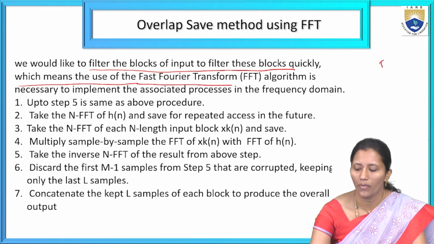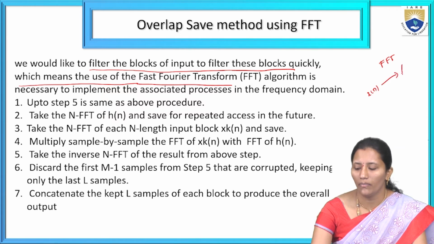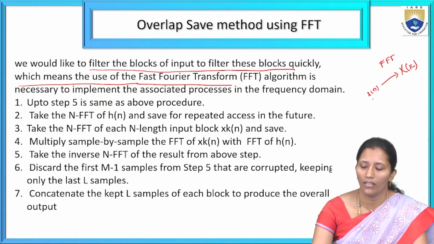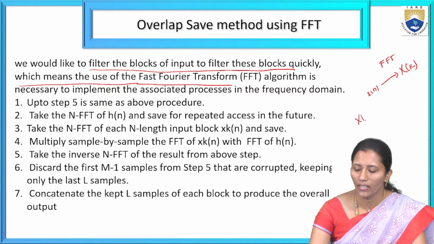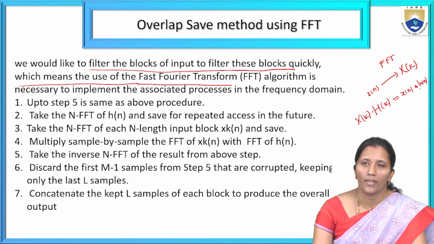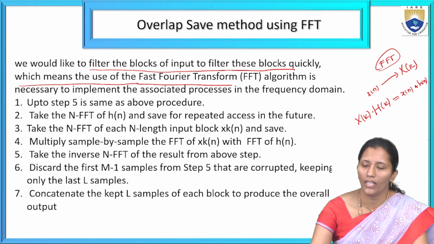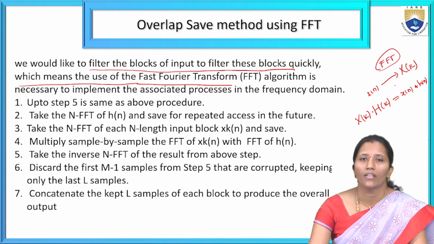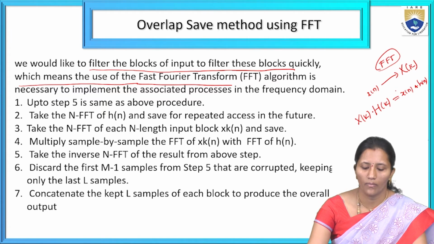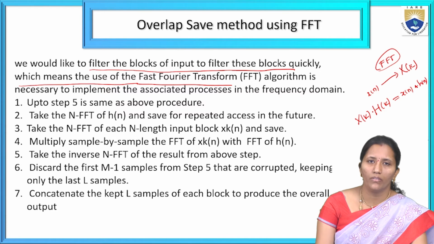What is the fast Fourier transform? It converts the time domain signal into a frequency domain signal. What is the relation between the frequency domain and the time domain? The multiplication of the frequency domain signals individually is equal to the convolution of the time domain signals. So we are using the FFT algorithm to increase the speed of the convolution process. For that, we follow the same procedure up to step 5,